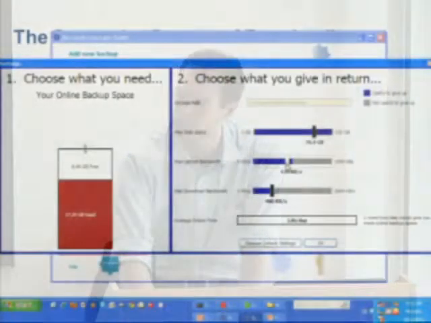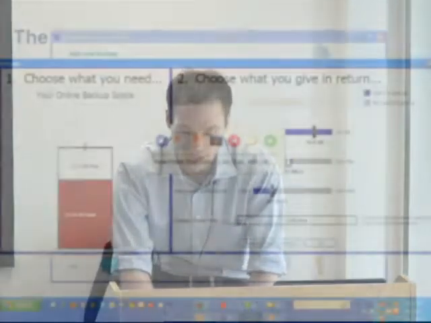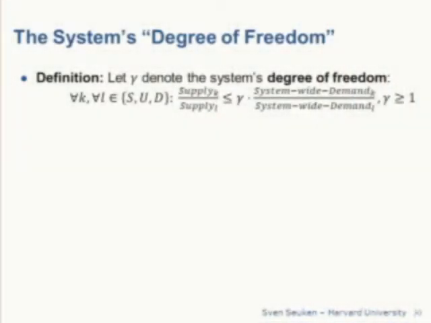So if gamma is equal to 1, each user has to provide the resources in the exact same ratio as the system-wide demand for that resource, so I couldn't move my slider to any side before hitting one of the boundaries. And when gamma is larger than 1, I give the user this freedom. So the larger gamma, the more freedom I'm giving my user.